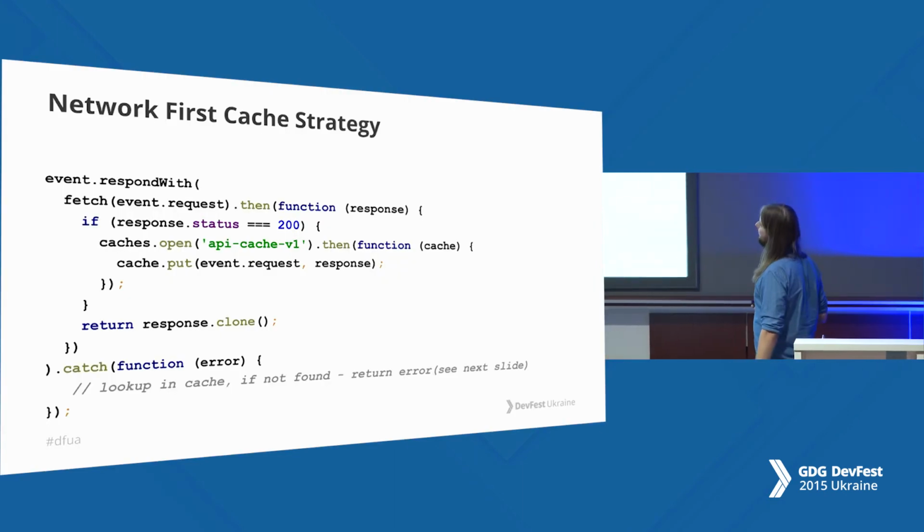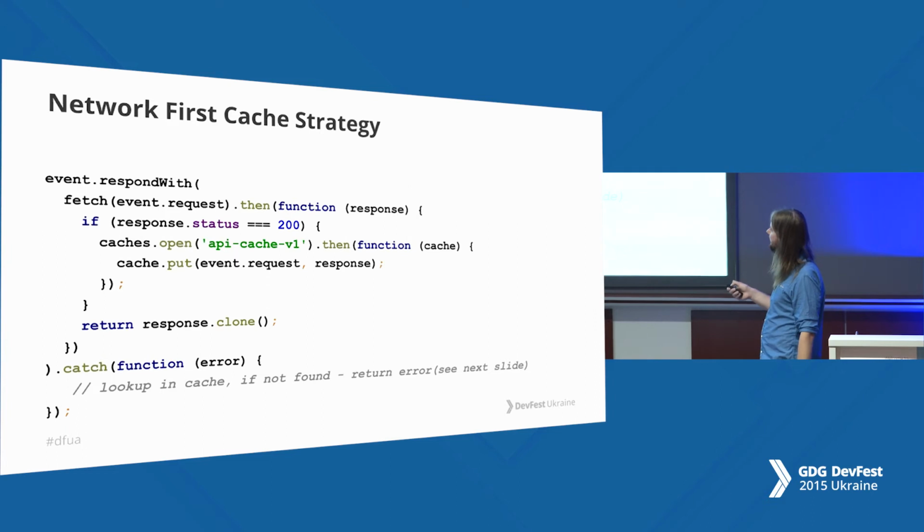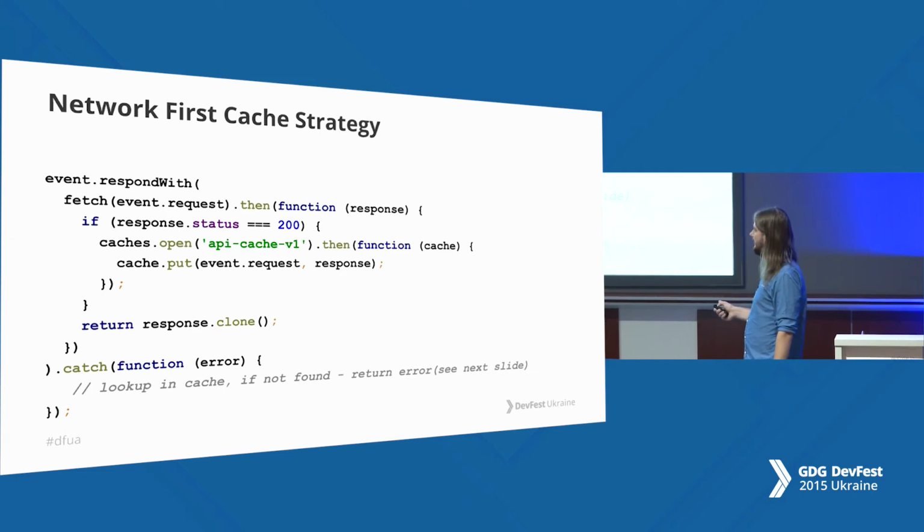So this is happening in the fetch callback, fetch event processing. You see event respondWith, we already know this method. And what I do first, I do fetch. I fetch this request from the network, then I see the response. If I got an okay response, if status is 200, because I don't want to cache some errors or something like this, I check